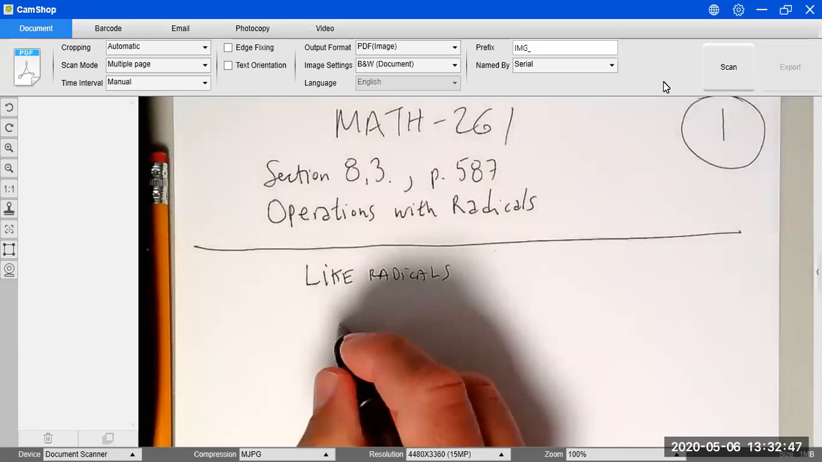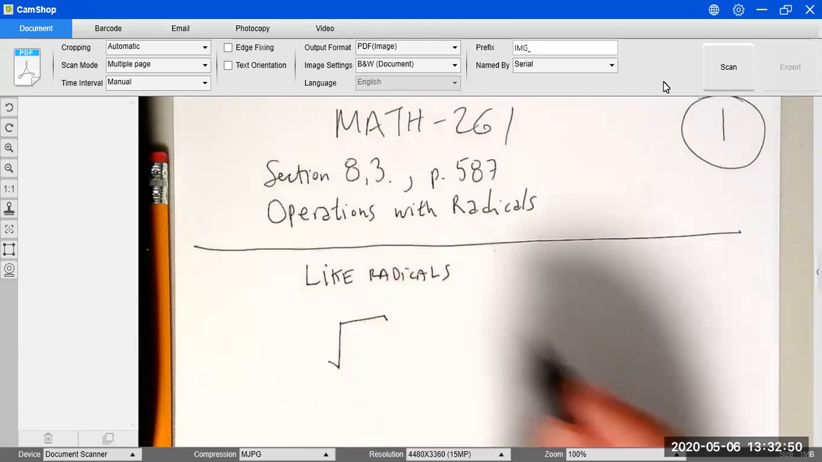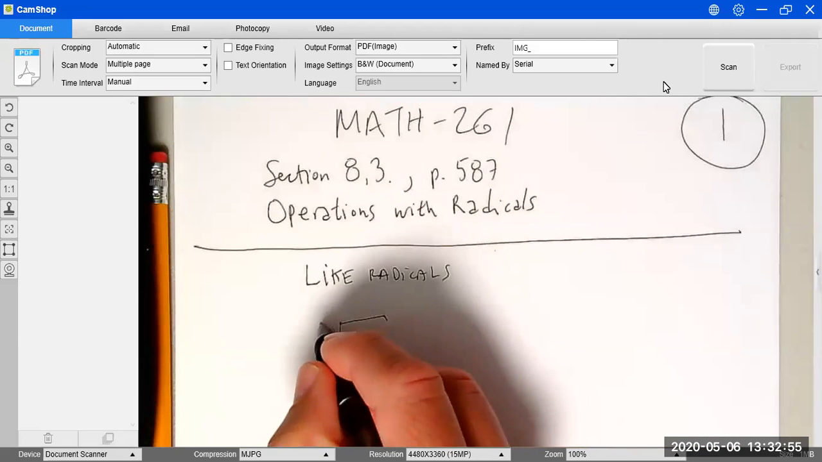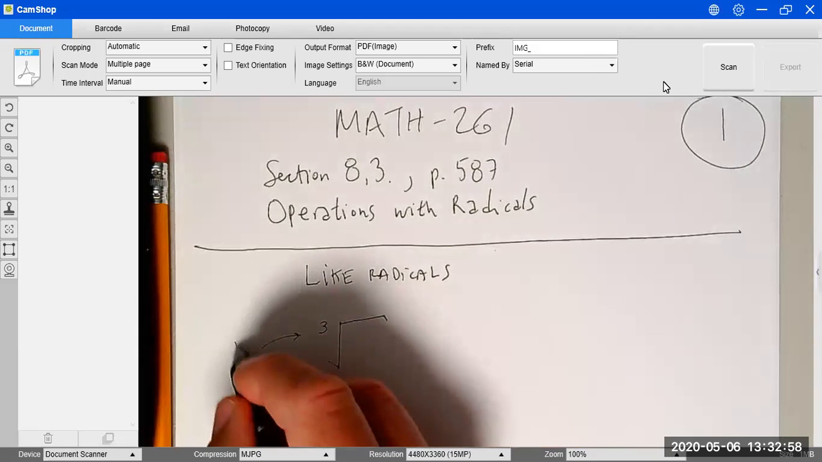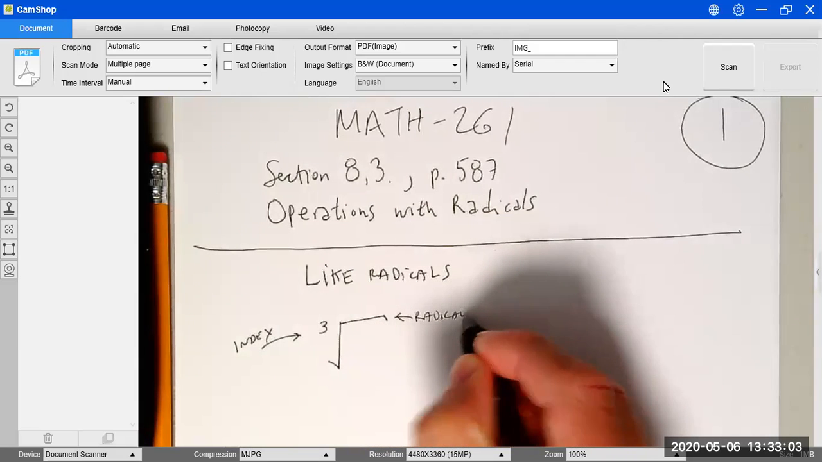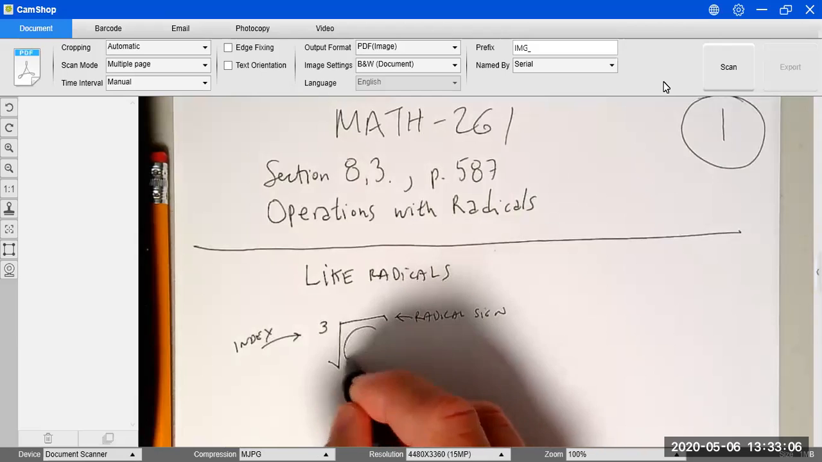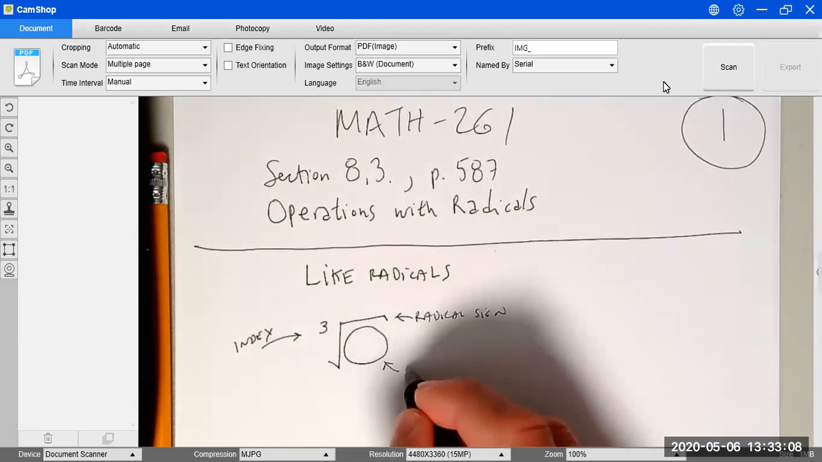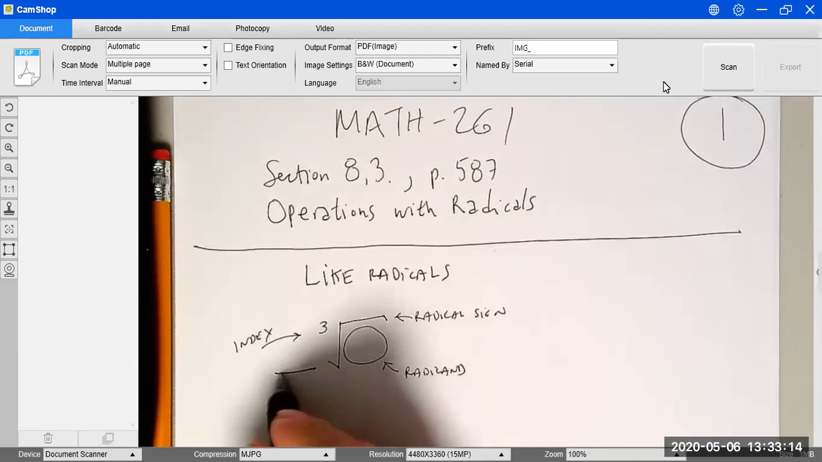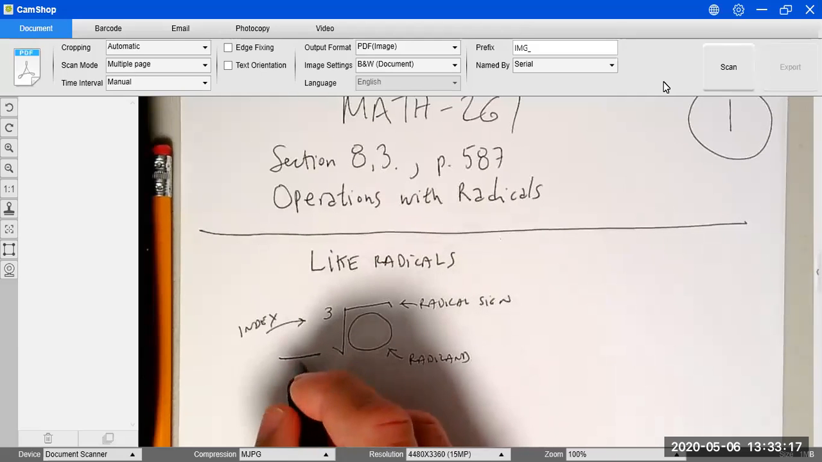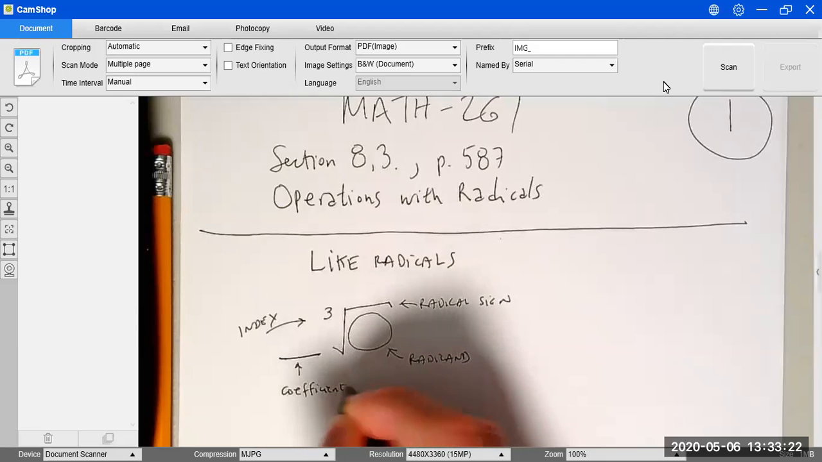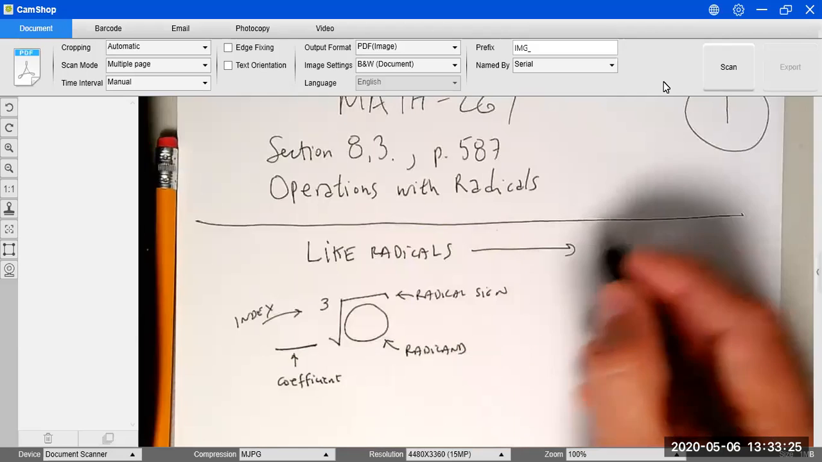Remember, we have a radical that is made of a radical sign with an index here. For example, this is going to be the index, the radical sign, and also something inside, and this is going to be the radicand. And you might have another quantity outside of the radical. Let's say that is going to be the coefficient for this radical. So like radicals are going to be those radicals